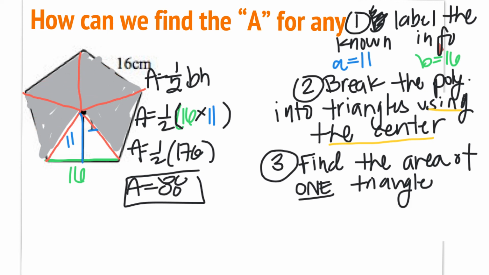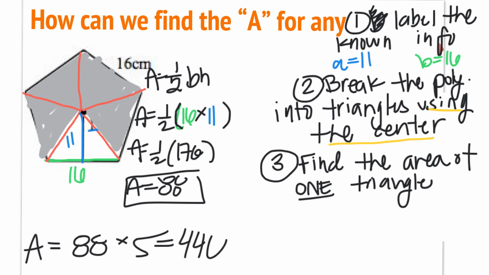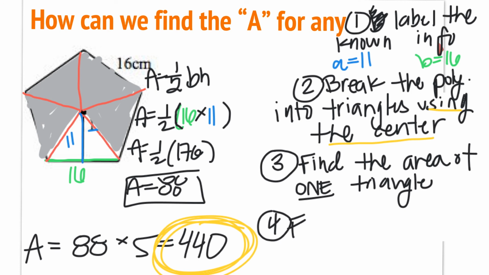So what I can do in this case is that the area of the entire thing is actually going to be 88 times 5, or 440. So this right here is actually going to be my final answer. 440. And to review that, the fourth step was find the total area